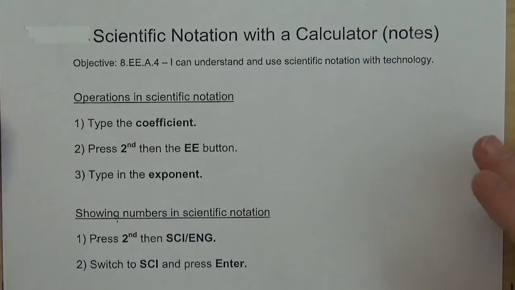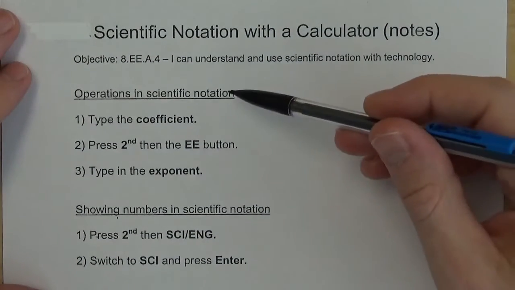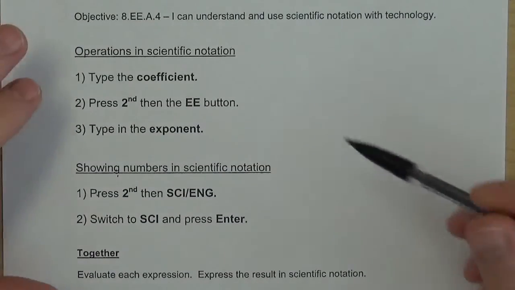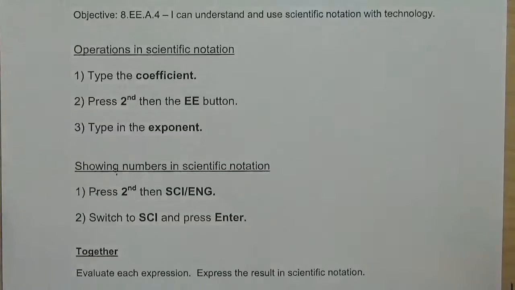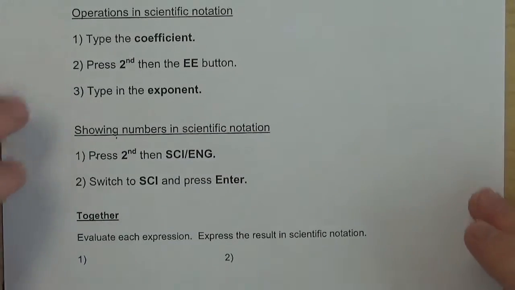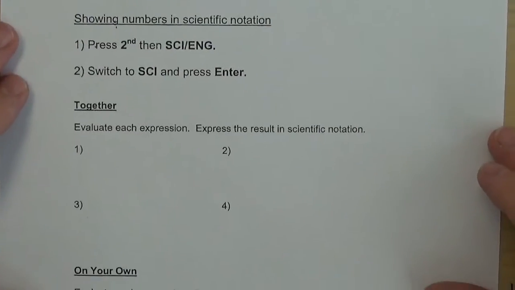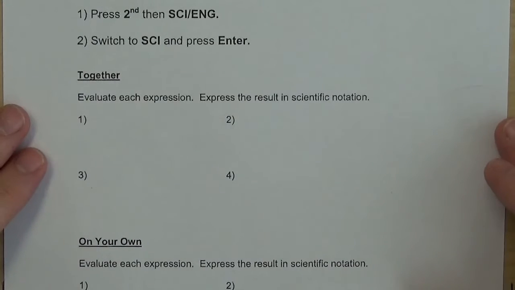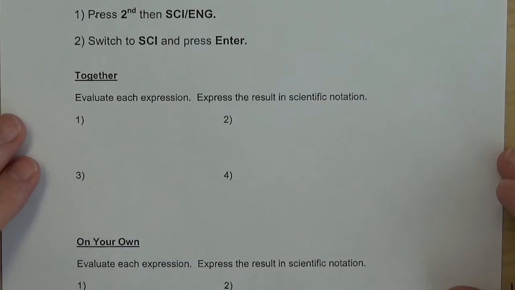And then we've got a couple of things here that talk about how to do operations in scientific notation and showing numbers in scientific notation. We'll reference these as we get started with our practice problems. We're going to go straight into the practice problems today. We're going to do 4 practice problems, one of each operation. We're going to multiply, divide, add, and subtract,